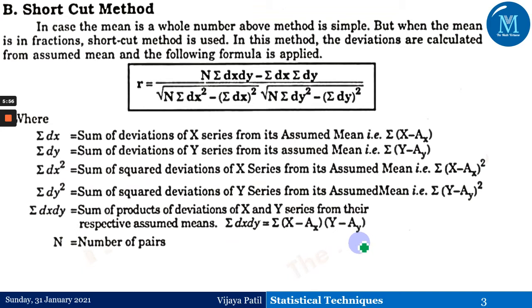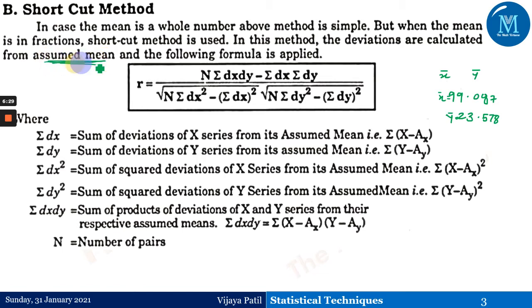Now the third formula goes like this, for when my x bar and y bar are not perfect numbers. That means they come out like 99.087 or something, or otherwise I could write 23.578. So if I'm getting my y bar or x bar something like this, that means they are fractions. I will not go with the previous method, so I'll be going ahead with the assumed mean method. It is known as the assumed mean method.